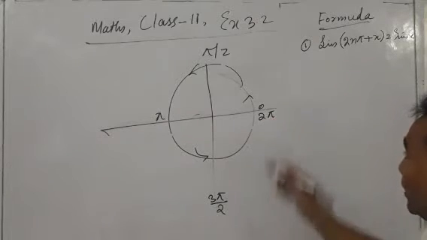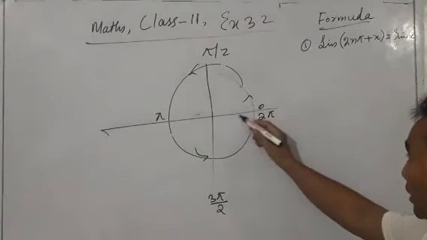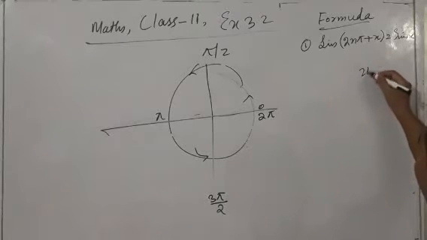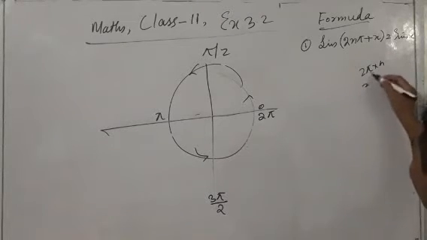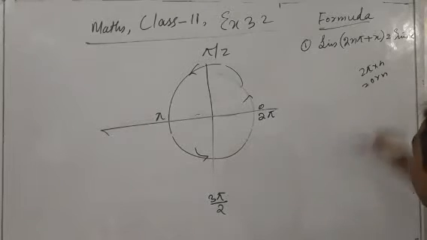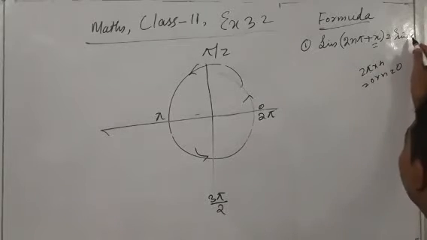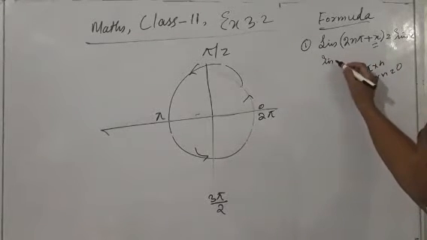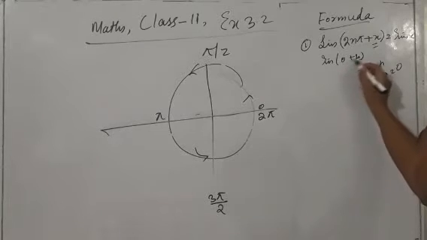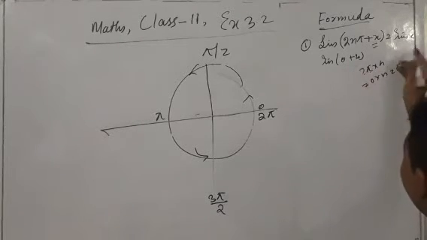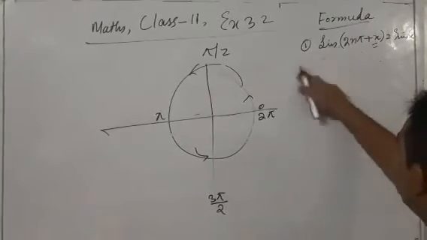Because why will it be 0? Because 0 and 2 pi lie along the X-axis, on the same axis, correct? If it is 0, then this is also 0. So 2 pi, into n. If 2 pi is equal to 0, then it will be 0 only. So only x will remain. So sin of 0 plus x, 0 plus x means x. So sin and x are left. So sin x. Correct? I hope you understood. Okay, fine. So next one,